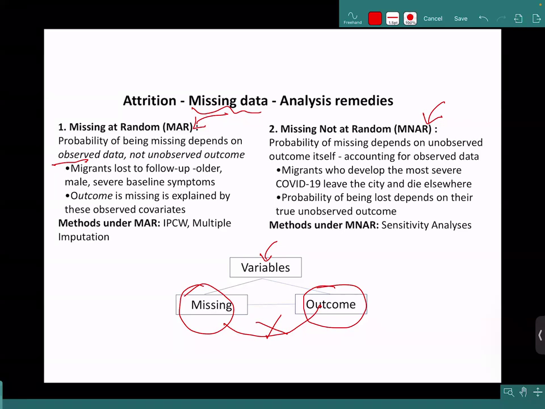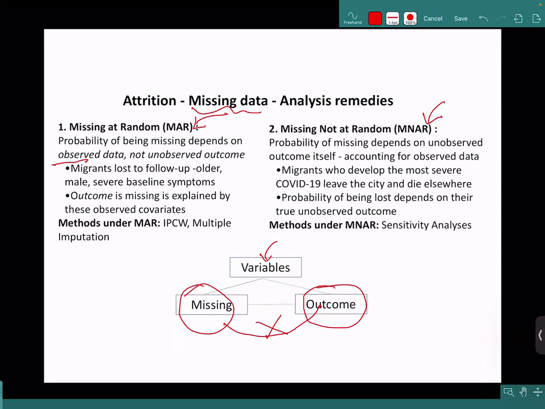So you have to ask yourself, there are some baseline variables. These may be different for those who are lost to follow up, and these may also be associated with death. For example, we know from literature that older individuals are more prone to death. Those who have severe symptoms may be more prone to death. So these variables are associated with outcome, and these are also risk factors for an individual to be lost to follow up. But you feel that being lost to follow up is not associated in any way with death. You're getting me?